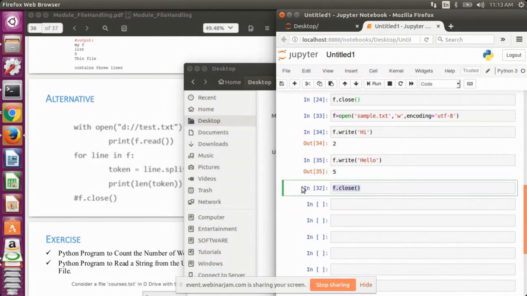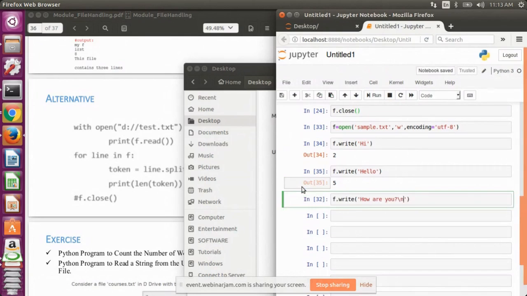Now ahead of this, I write f.write with a backslash n, and then "What is day today?" Suppose this is a text.